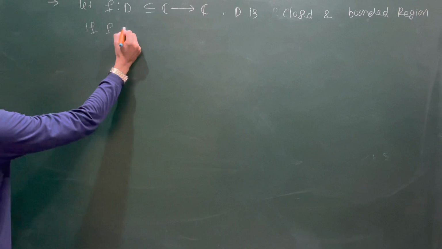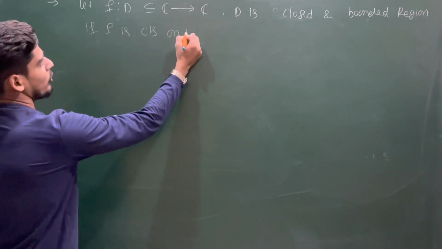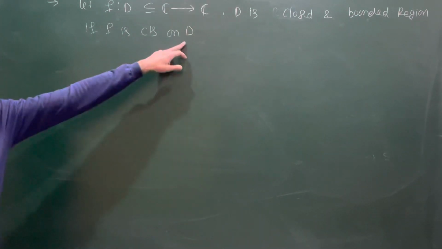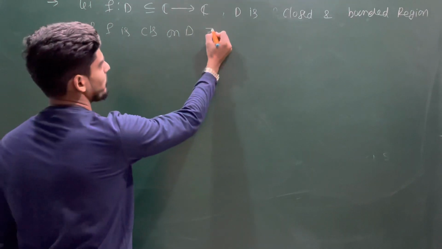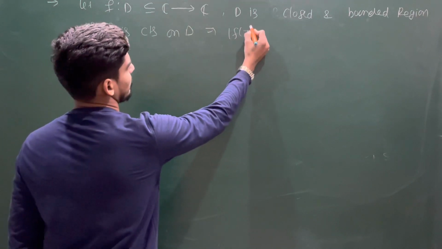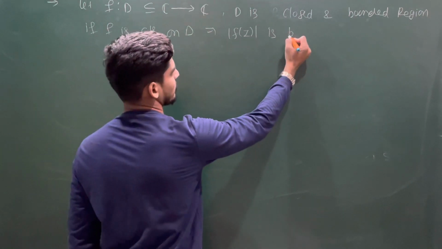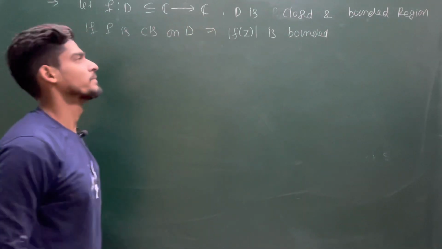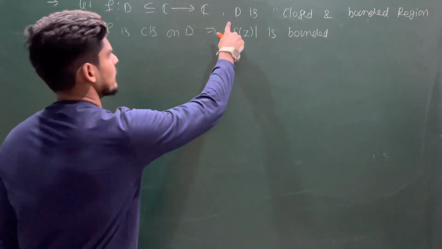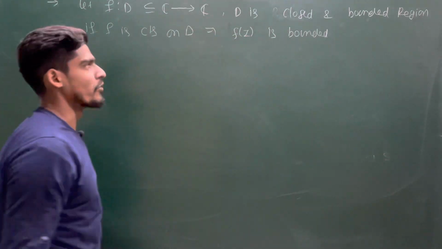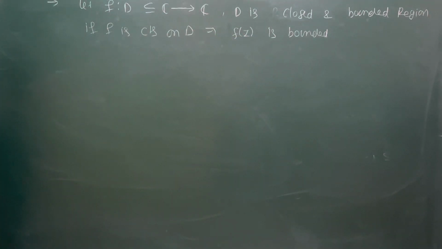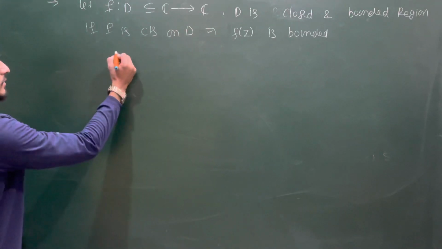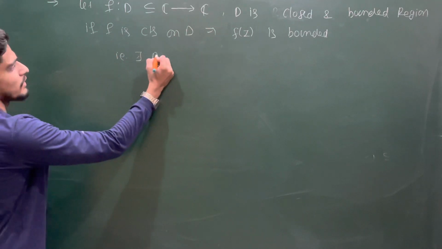If f is continuous on D, that means f is continuous at every point of D. This implies mod f(z) is bounded, or you can say f(z) is bounded in the sense of the modulus. That is, there exists a positive real number